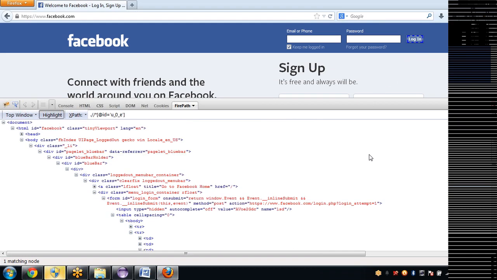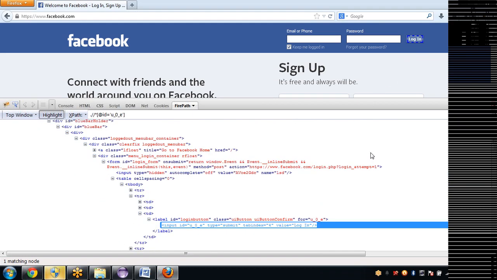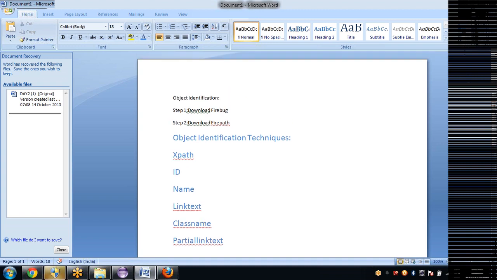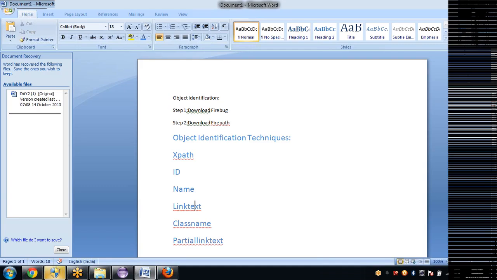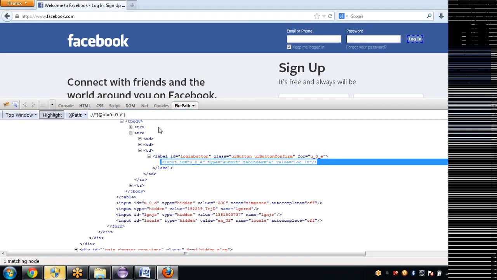See, why I'm telling you that. These are the different techniques available for us. Right now ID is not working, ruled out. Name, link text, and class name are ruled out as the developer has not given those properties. Finally you have only XPath. The ready-made XPath given by FirePath is also failing because this XPath is using ID, which is dynamic. So in these cases you need to come up with your own XPath. So tomorrow